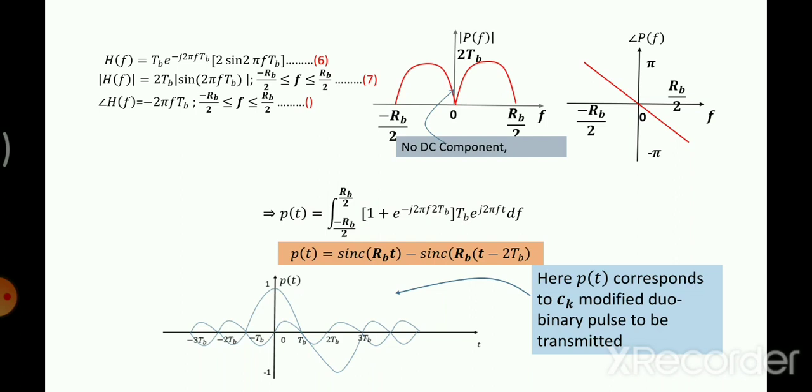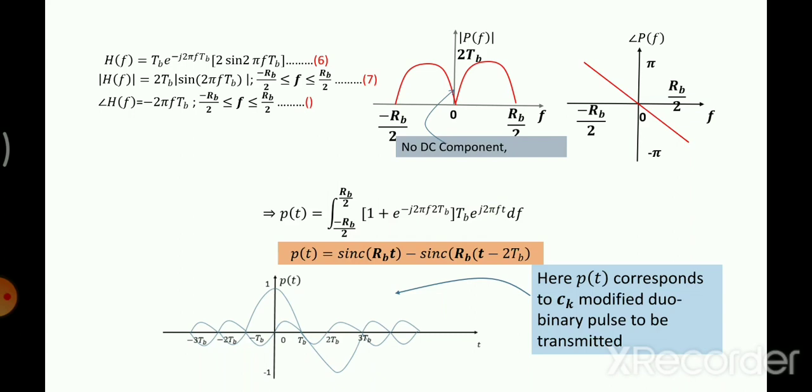Now, as you can see here, it is kind of a rectangular pulse, so you're going to get a sinc function. One sinc function RBT, another sinc function RBT minus TB. Because there is a shift of 2 TB, so RBT minus 2 TB. What you can do is multiply this impulse with TB as the amplitude. If you multiply this exponential function with TB as amplitude, and here also you multiply, and then you take the integration one by one, you'll end up getting a sinc function. I have directly done it.